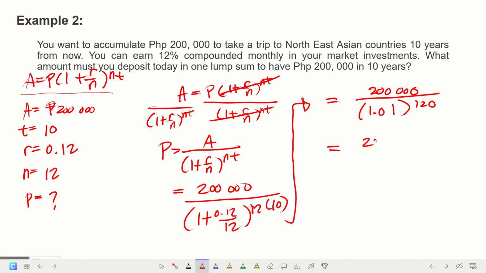So, yan. 200,000 divided by 3.300386895 is equal to